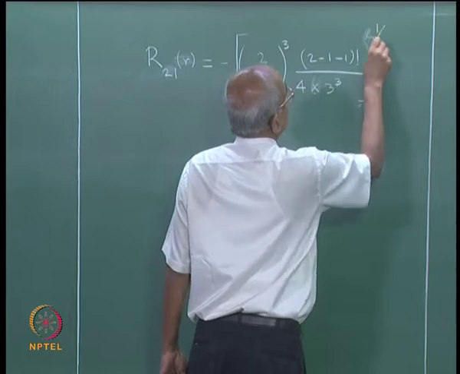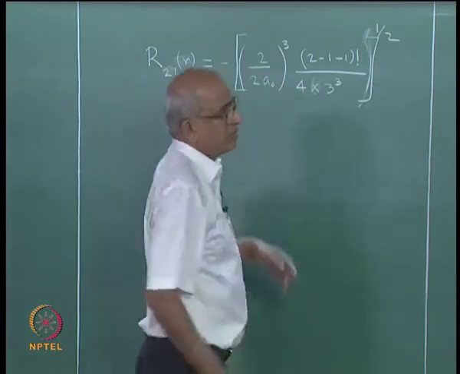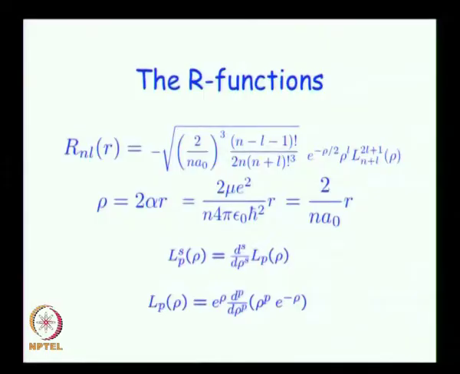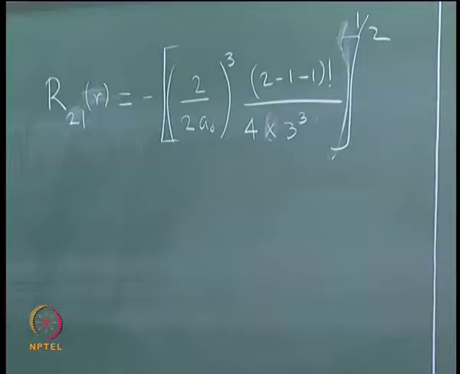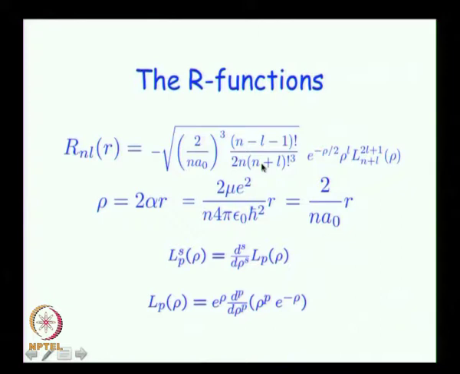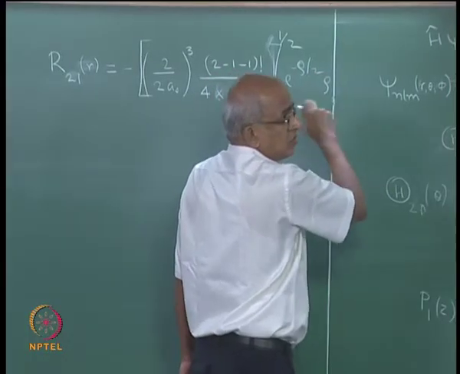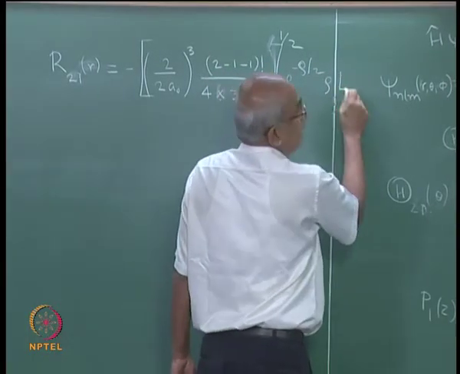I have just substituted the values of n and L in this expression. n is equal to 2 and L is equal to 1, and then what would I have left? I would have e to the power of minus rho by 2, rho to the power of L, where L is 1. So, rho capital L